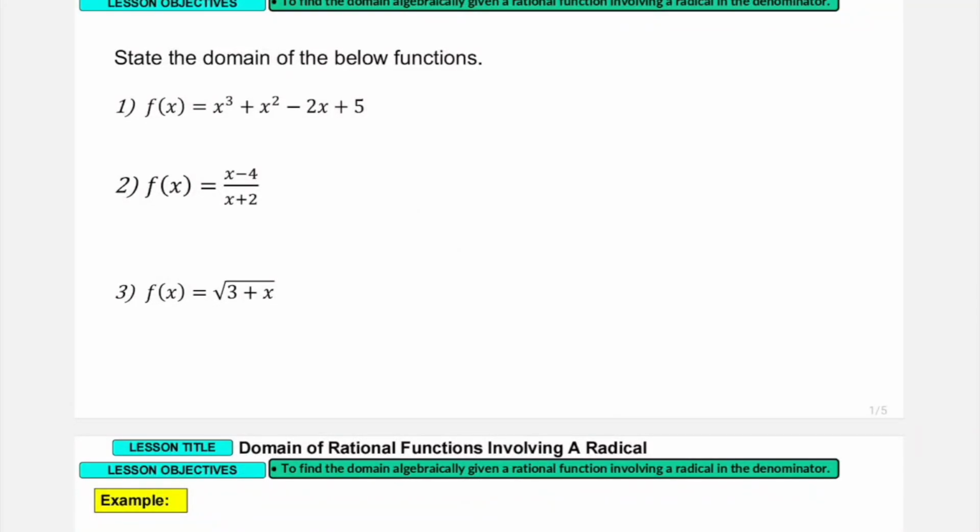Hello everyone, today's lesson is about how to find the domain of rational functions involving a radical. As a starter of the lesson, let's think of how to find the domain of these functions. So the first function is a polynomial function,